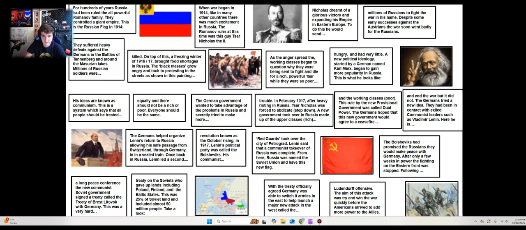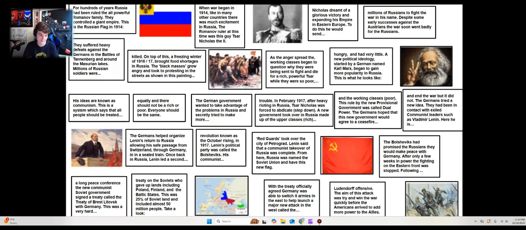With the treaty officially agreed between Germany and the Bolsheviks, Germany was able to switch its armies in the east to help launch a major new attack on the coast called the Ludendorff Offensive, which was basically one of Germany's last offensives against the Allied forces. The aim of this attack was to win the war quickly before the Americans arrived and added more power to the Allies. But ultimately it was unsuccessful, because Germany was losing a lot of resources, while the Allies gained a lot of morale, resources and supplies, and maneuvers against the Germans